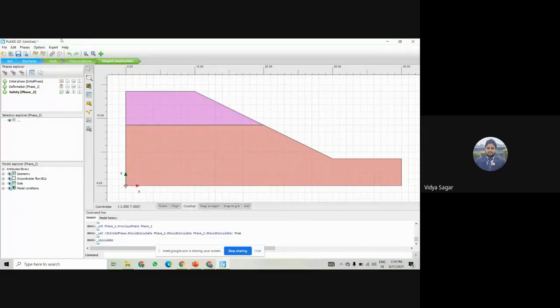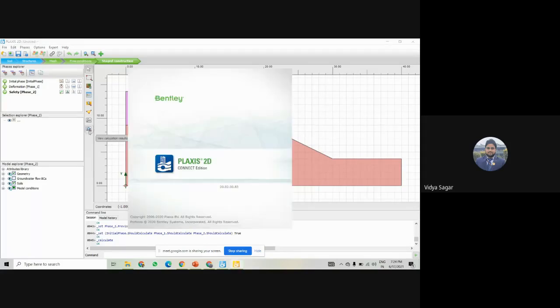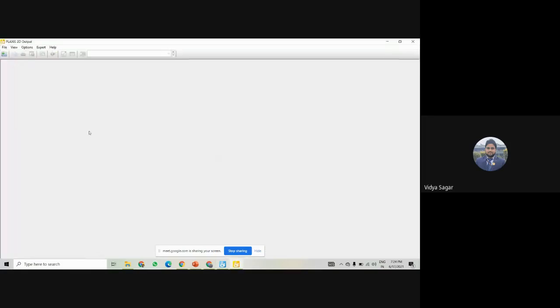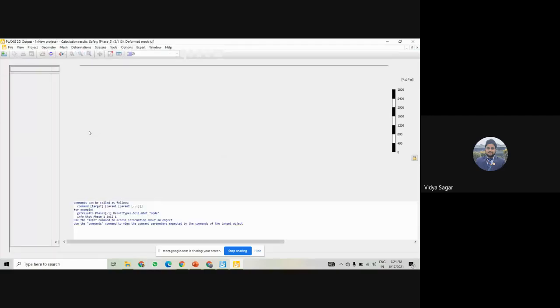Okay, now we can check what the changes are here. So what is the change in the factor of safety?